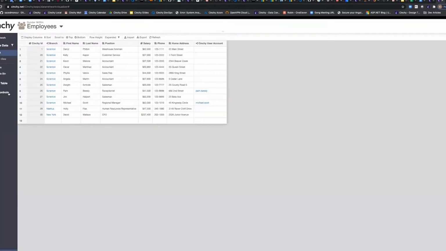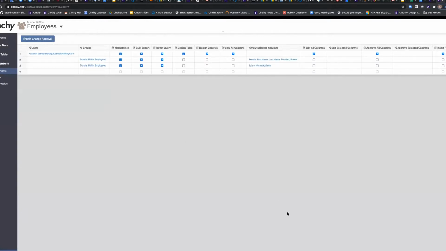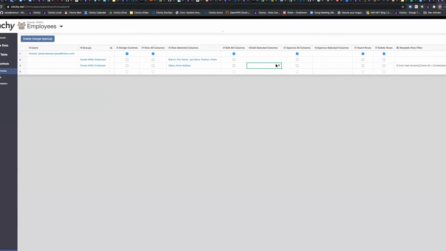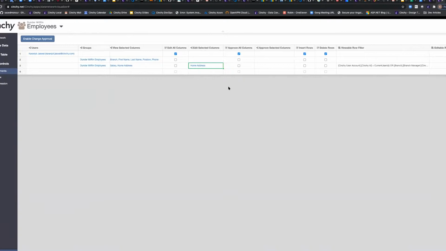So if I go back to employees, if I want to now make it so that the home address is something that is editable, but you can only edit this for your own record, I can take the exact same approach. I'll make this editable here, and I'll say this is only going to be editable when this first part of the condition, meaning it's your record, evaluates to true. Right? And so now by doing this, if I go back here and I refresh this, now all of a sudden 45 Kingsway Circle is no longer grayed out, it's now an editable field.